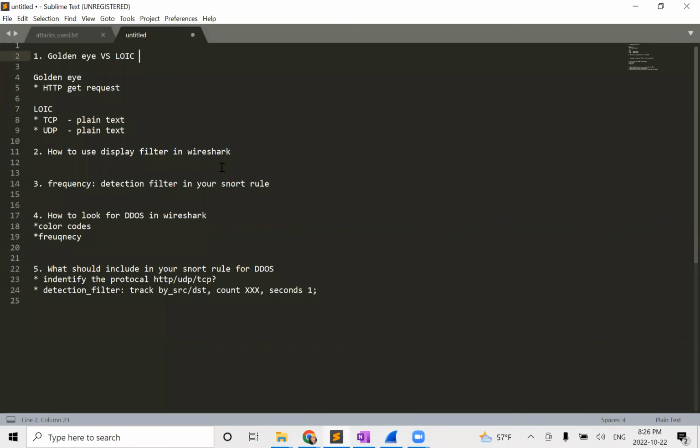The second thing: we already talked about the display filter, and now let's talk about the frequency. The protocol is important here to identify what traffic it is, but we also care about frequency a lot in the DDoS attack, because that's what makes a DDoS: a flood of traffic to disable the server. So since you need to look at the frequency,